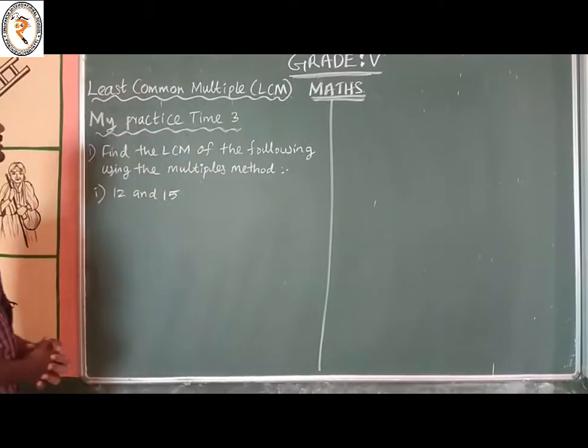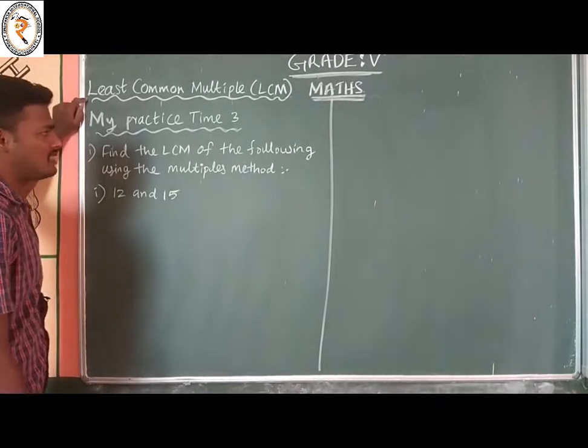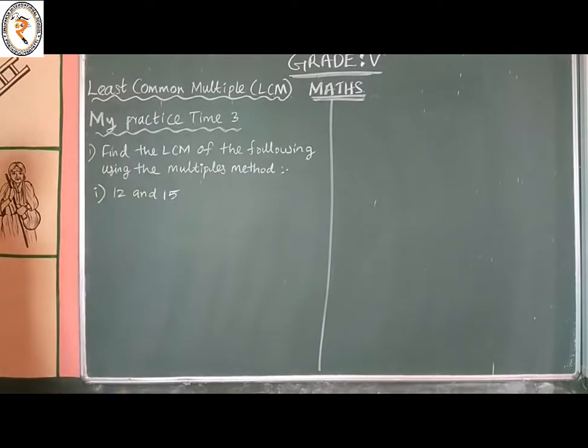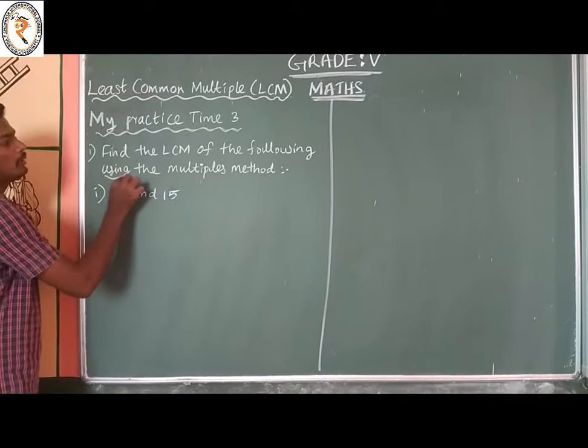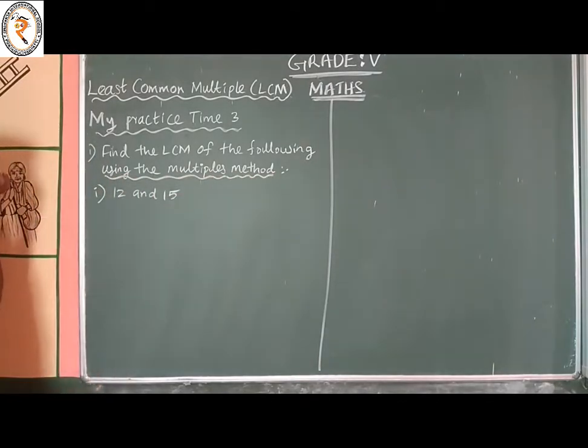Our next topic is least common multiple, denoted by LCM. My practice time 3: find the LCM of the following using the multiples method. The multiples of 12 are equal to